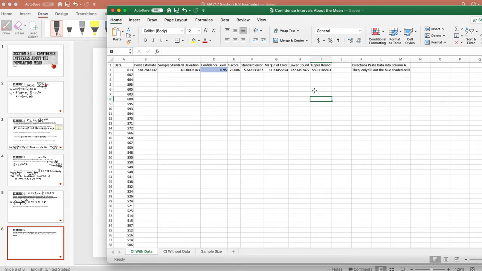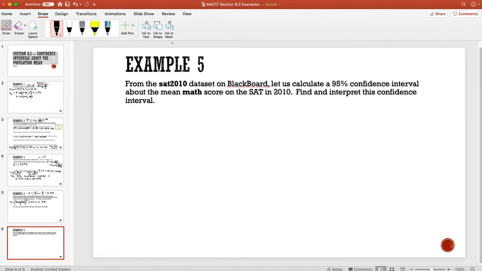confidence interval. So that's 527.4497 for the lower bound, and for the upper bound it's 550.1189. So